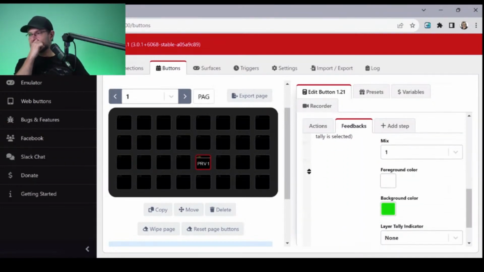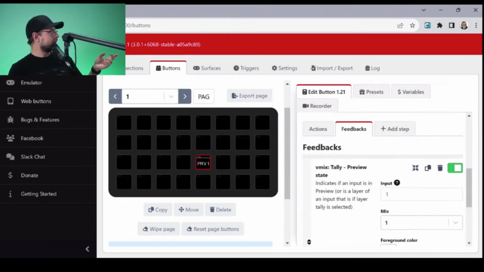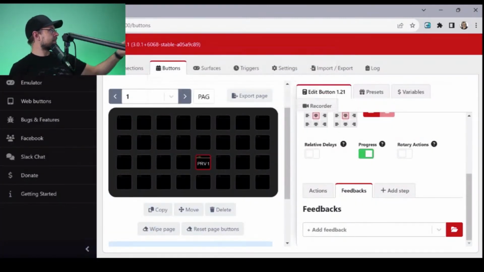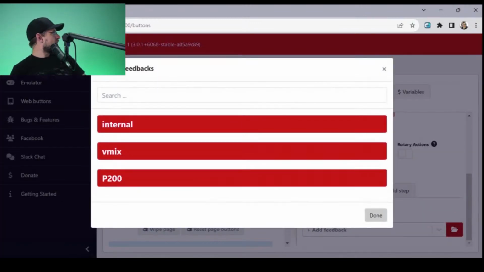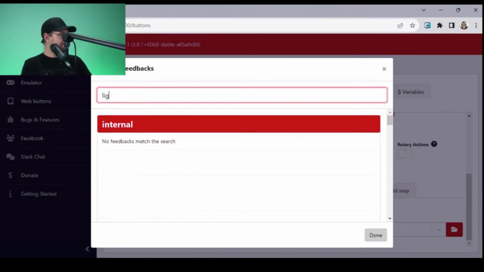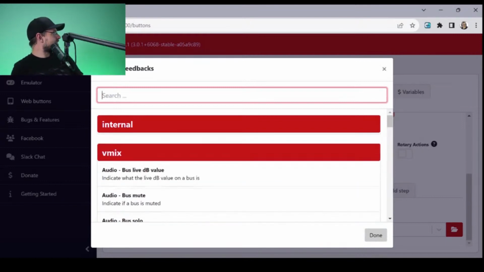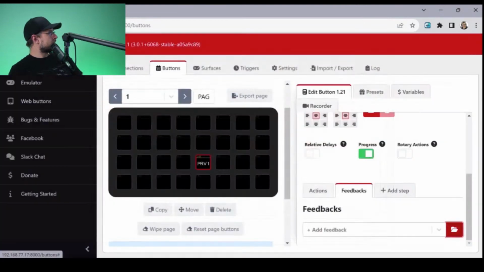In here, I don't care about the background color on the tally information. I actually don't care about that, so let's delete this because that would just show me here on the emulator. What I want to do is add a feedback, browse feedback, and is there anything for lights? Well, let's go back, maybe I'm doing that wrong.